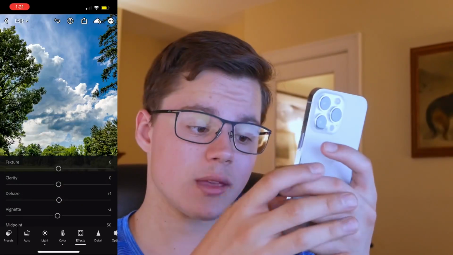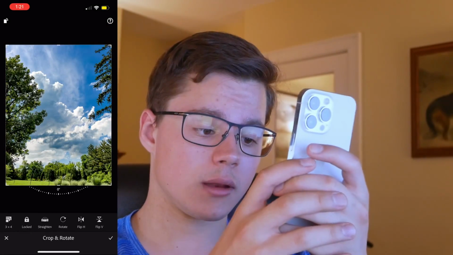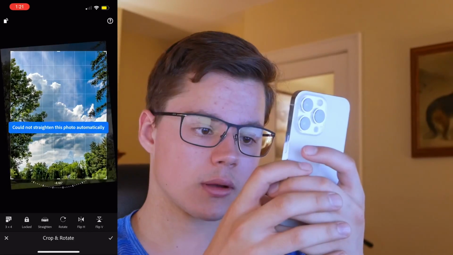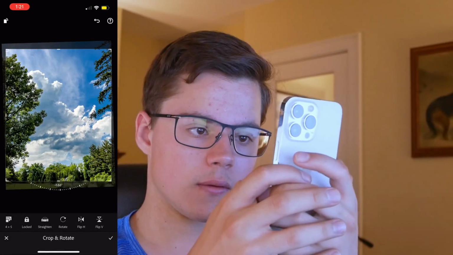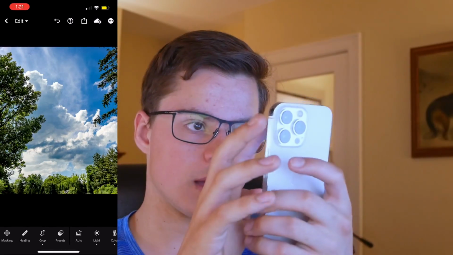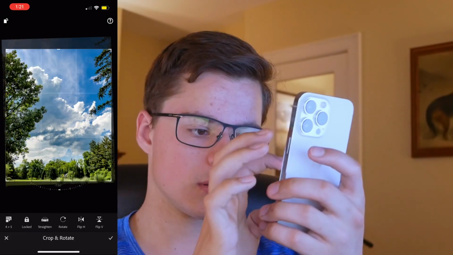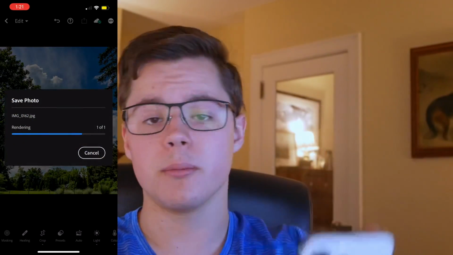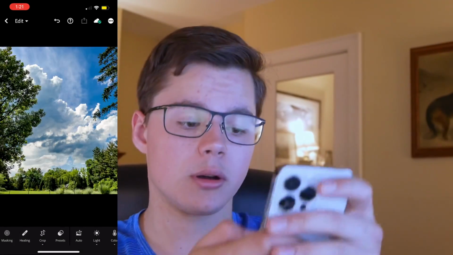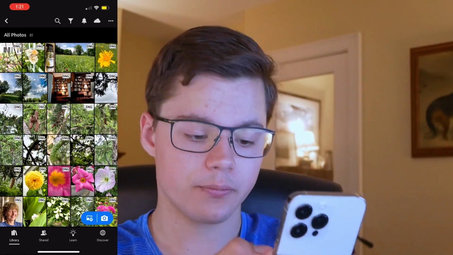So we're just gonna go ahead and straighten that photo, tell it to get rid of any weird. Oh, so it doesn't see anything to straighten. That's fine. Go and do that 4x5 and save that. Oh, actually, there we go. Save that image. There we go. Beautiful. Now we're gonna go ahead and jump onto this next photo,